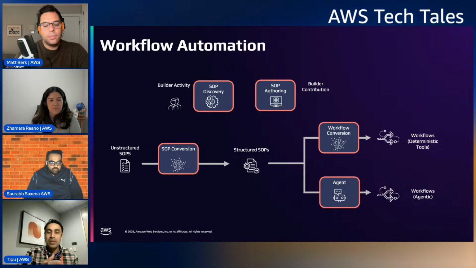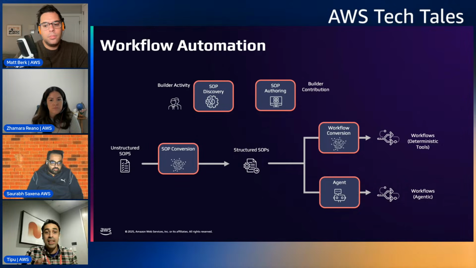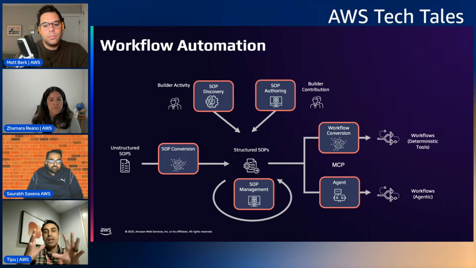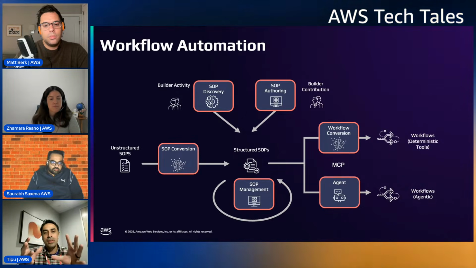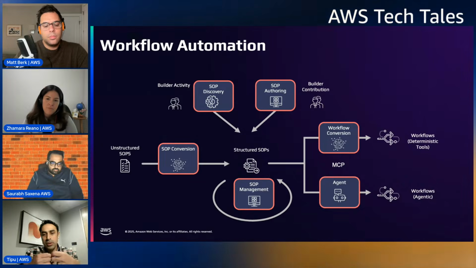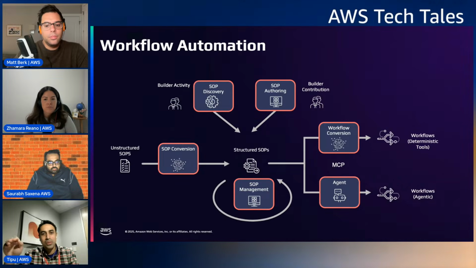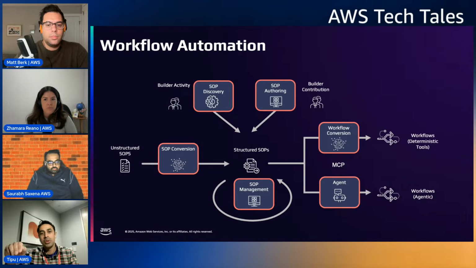First was ensuring that we could extract it from the right sources and fill any gaps with our experts. So we built this authoring platform where people could just come and build it. And then the cooler thing was that they could actually try it out. It would allow these experts, who have helped customers with AWS for so long or are building AWS services, to go through this UI to validate their approach, and then actually have it tested in real AWS test environments, to ensure that the procedures they were writing in the SOP actually led to the correct output. And that's what this workflow conversion is. And then these would become available to agents via MCP.